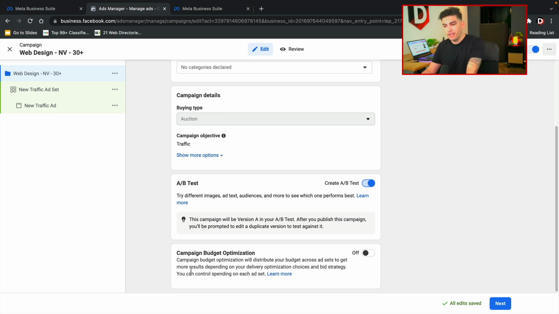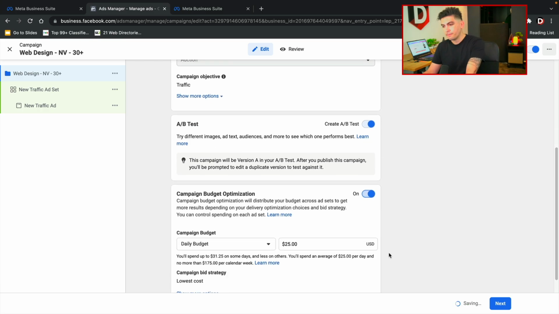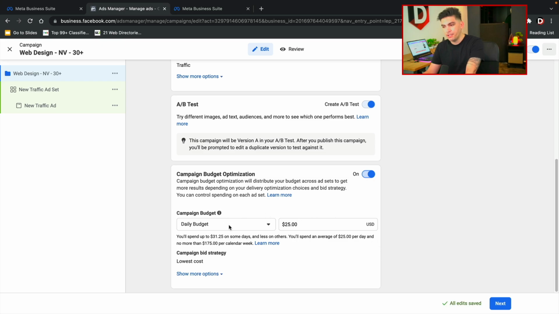Now, this is a new option right here, and this is called campaign budget optimization. So instead of actually creating a whole new budget for your second A/B split test, it'll actually take your entire budget and apply it to both campaigns, right? So your entire budget is being applied to both campaigns. I'll go ahead and turn that on right here. And here we have the daily campaign budgets. We'll just keep this at 15 bucks, right? $15. And once we select all those options, let's go ahead and click on next.